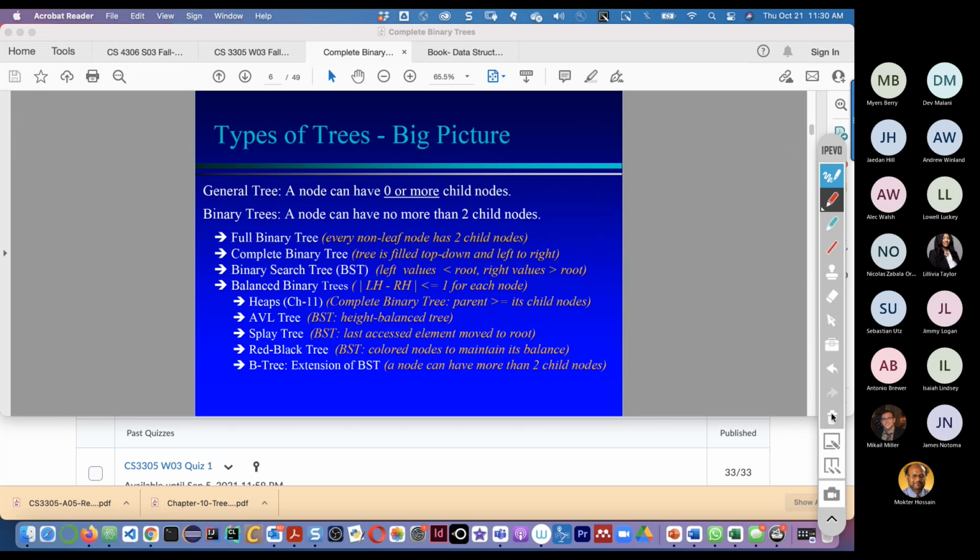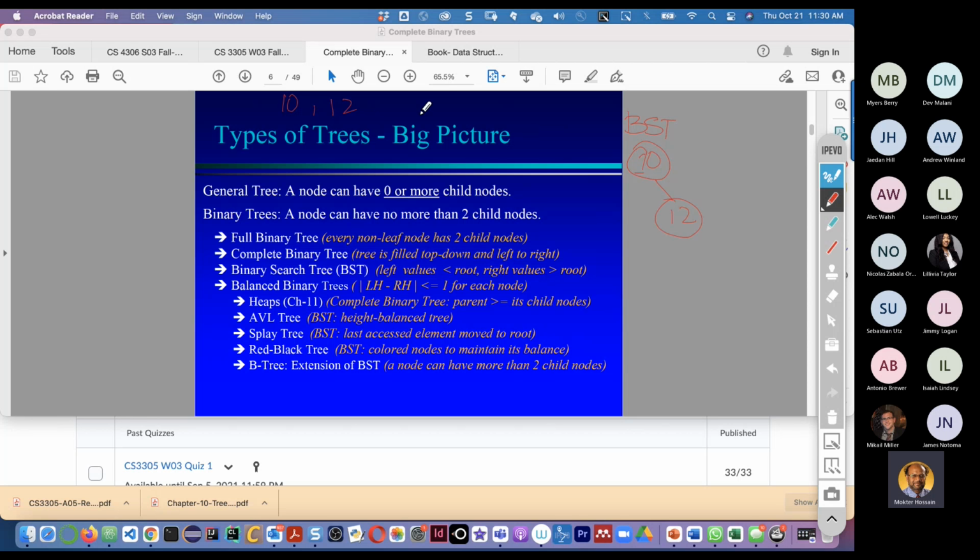So if I have a data set coming in, like 10, I put 10 over here. Then the next value is 12, so I put 12 on the right side. So we are developing a BST, a binary search tree.